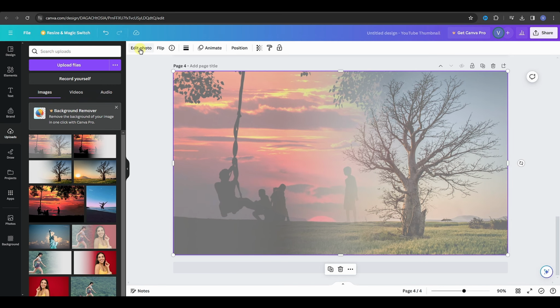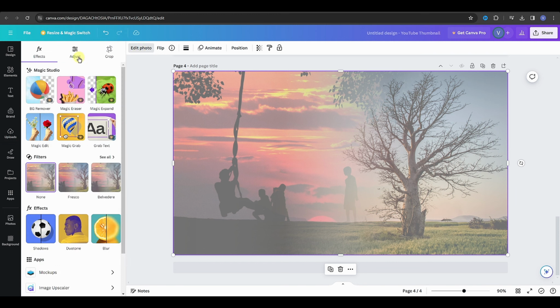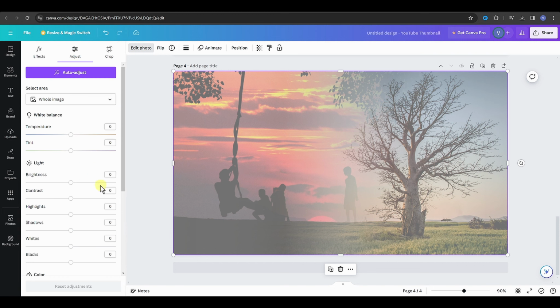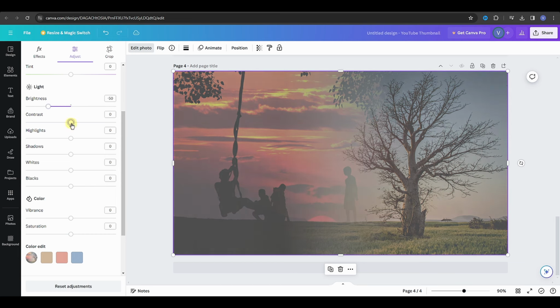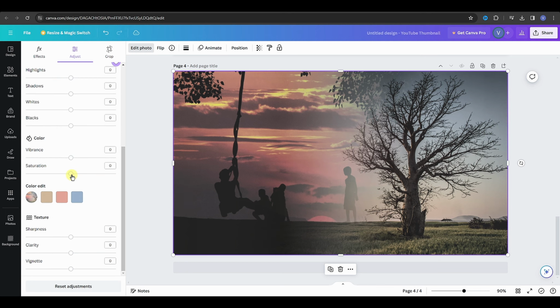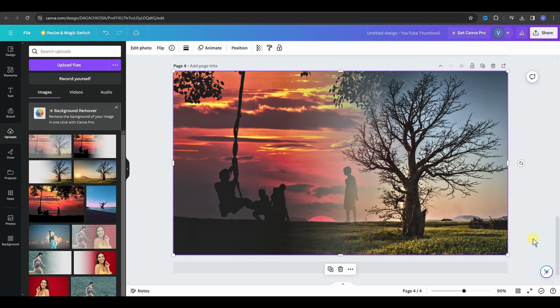Then we will click on edit photo, then go to adjust, and here we need to play with these settings. So what we're gonna do, just make the brightness to -50, then we will increase the contrast to 100, then we will increase the saturation to again 100, and then we will increase the clarity to 50. So as you can see we have successfully blended our two photos,